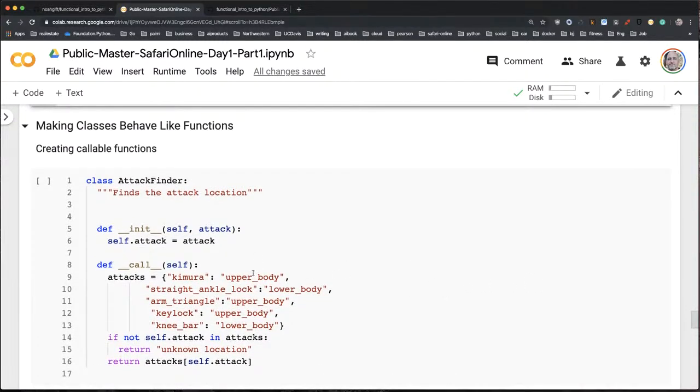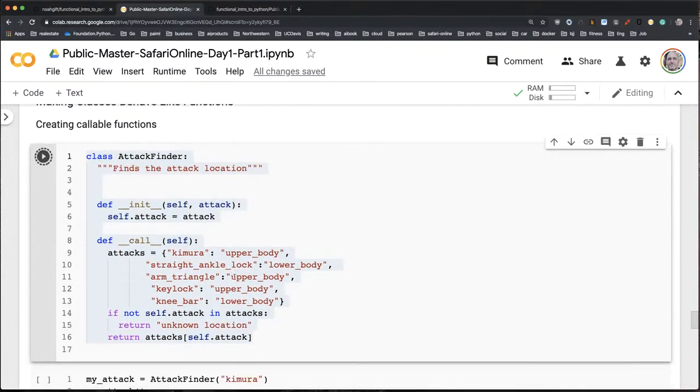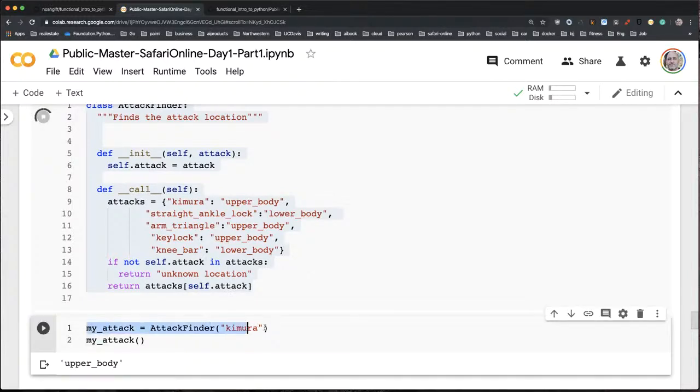Just pretend that you know how it works if you don't. And if you put inside of here this call method, you can basically tell a class that it should behave like a function. So let's go ahead and run this. And if you scroll through here, I can tee up that class, and that's what this does right here. And I pass something into there, and this initializes the state,